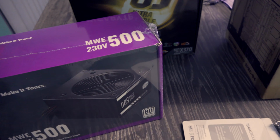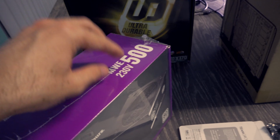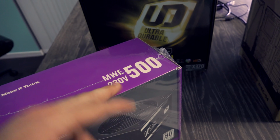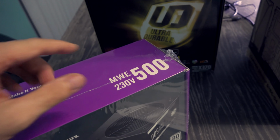And it's a decent one too. I've been using a few of these. They're 80 plus and they work really well. However, they do only work in Australia, 230 volts. So if you're in the US, definitely don't try and plug up one of these into 230 volts or you'll be